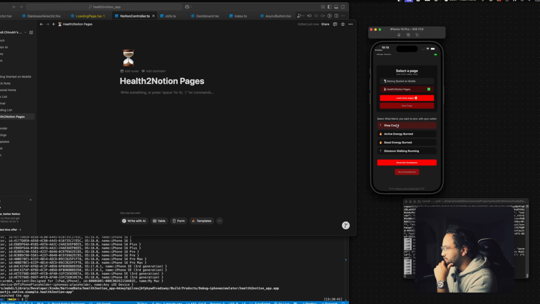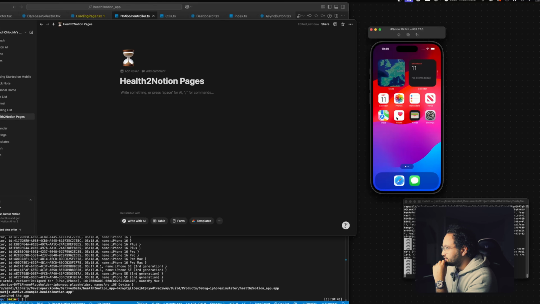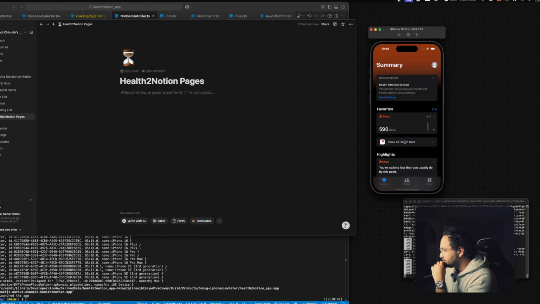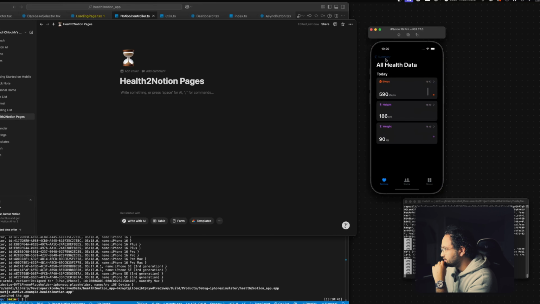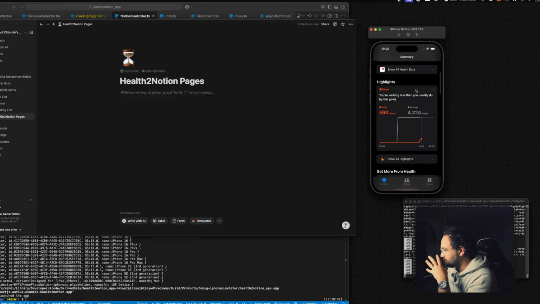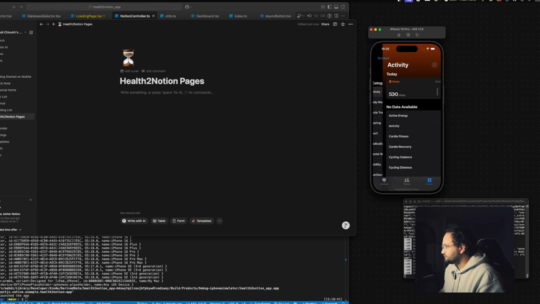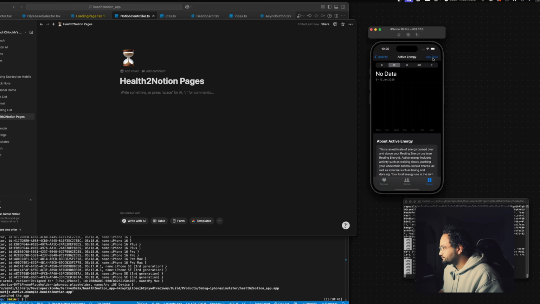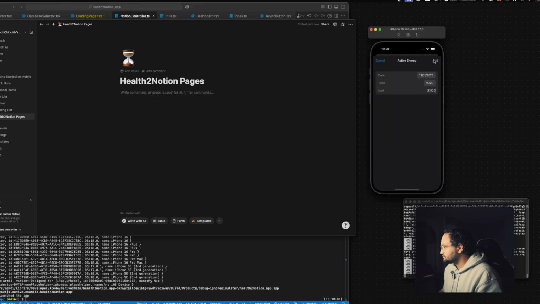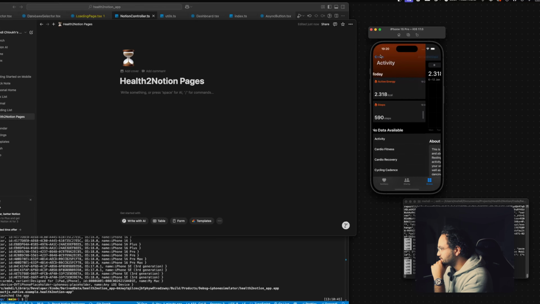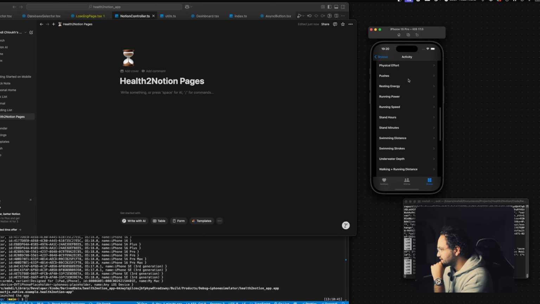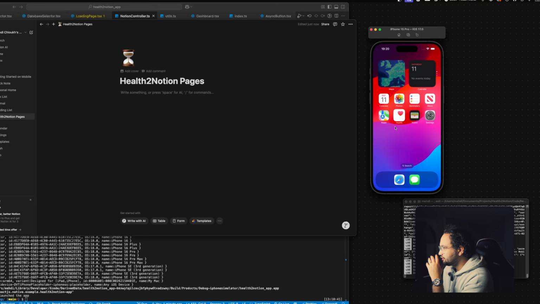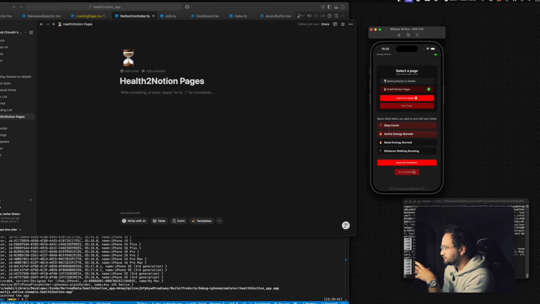So for example, if I go and do step count, active energy burned, let me just go quickly on the active energy burn, because I don't think I have any of it in this simulator, because it's not my real data here. Let me just do activity, active energy. Right, I think this is it. Yeah, that's it. So if we go back on the app here, you can do generate databases, and it's gonna